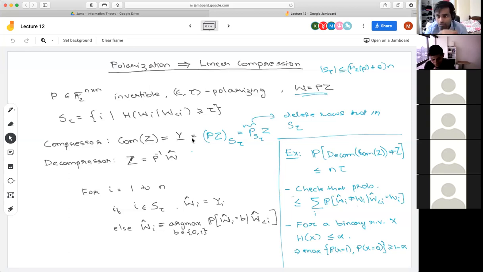Can I ask a question? So how important is this maximization step? Can I just put in garbage for all coordinates that are not in S tau? No, you can't put garbage because there are 2 reasons. One, we are going to reconstruct the entire Z, which is an n-bit string. If you put garbage in